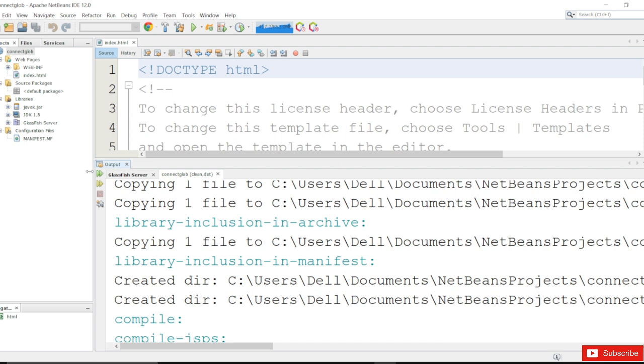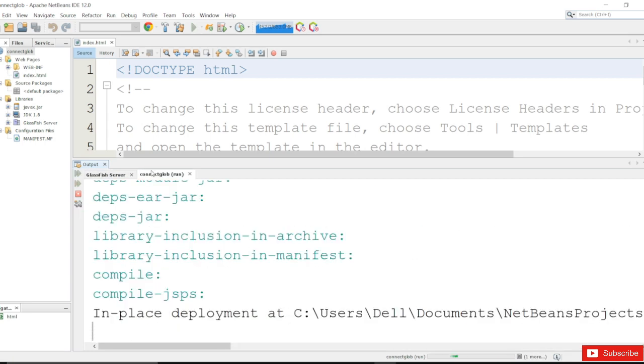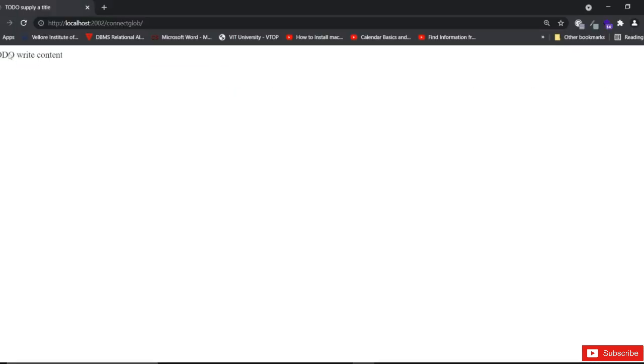If you want to run, click here, enter, run. So it will move to the Glassfish server, visiting the references, connect globe is running, and the build is successful. Once this is done, you can check this is my connect globe on localhost 2002. If your port is 8080 on localhost, go to your default domain XML in the Glassfish server and change 8080 to 2002, because the Oracle database service is also on 8080,